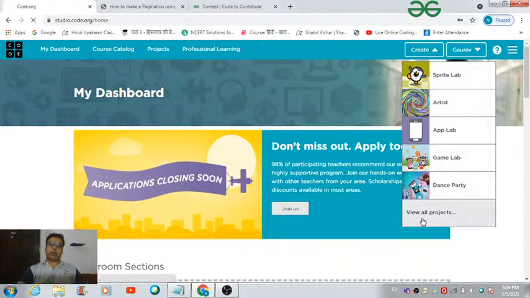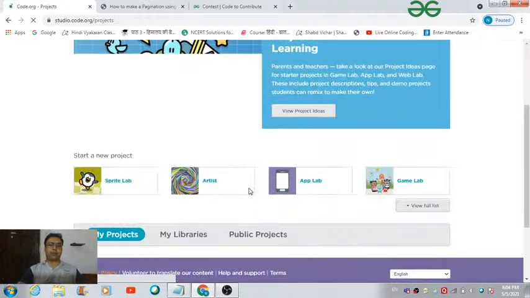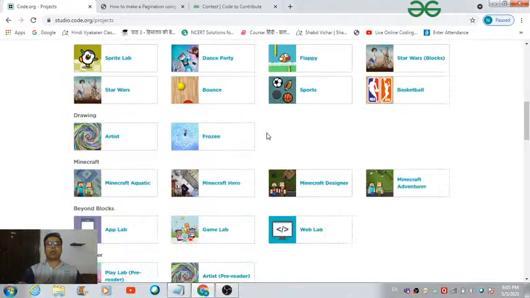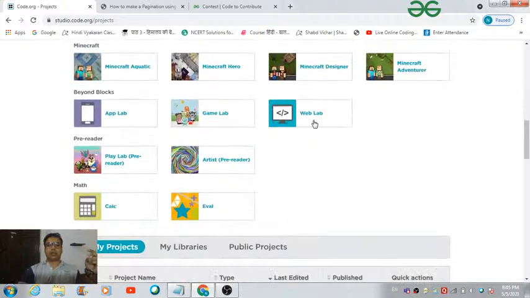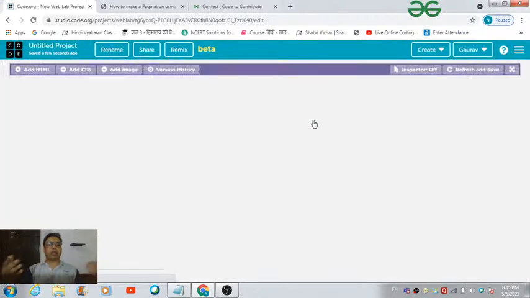Now you can hit this view all projects, which is going to redirect you to another web page of the code.org environment. Then for accessing the WebLab, you just have to hit this view full list option. That's what you're going to come across. Now let's hit this WebLab option and access the environment in which we can define the HTML and CSS